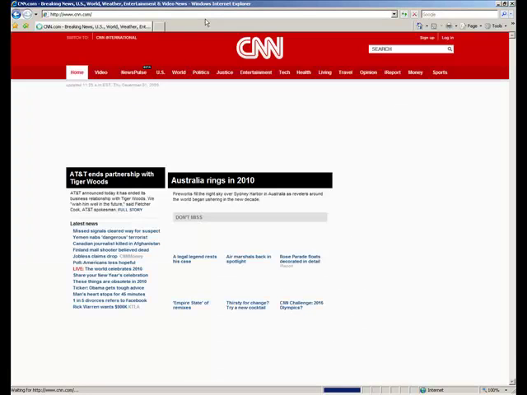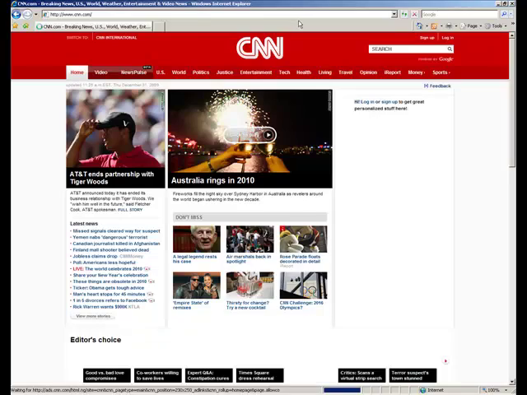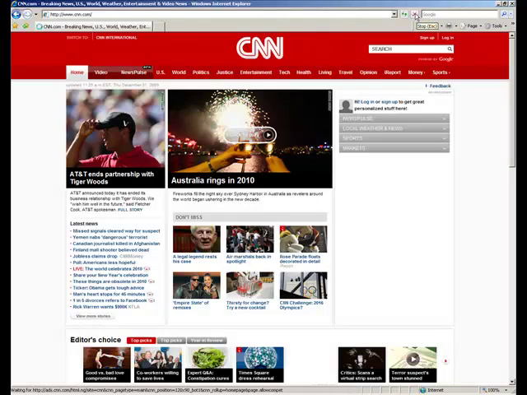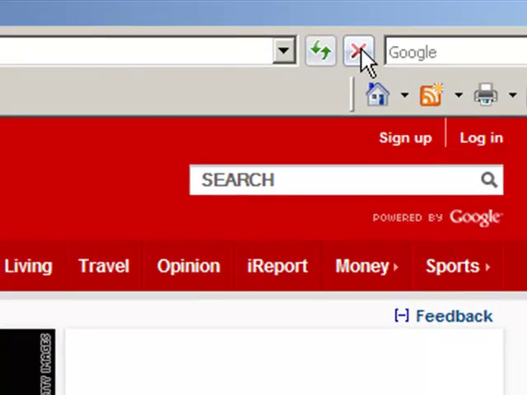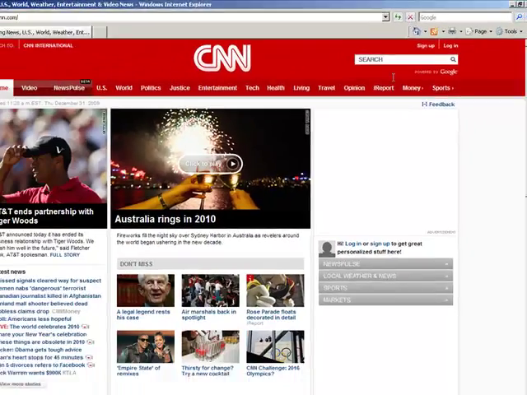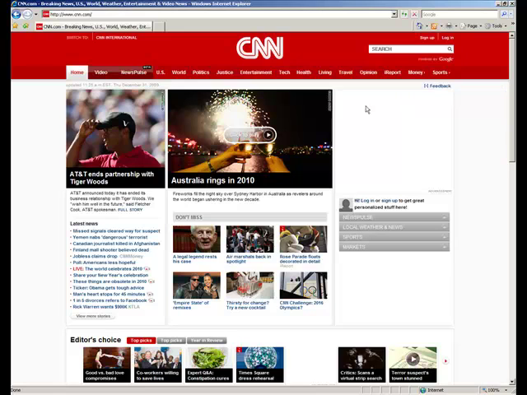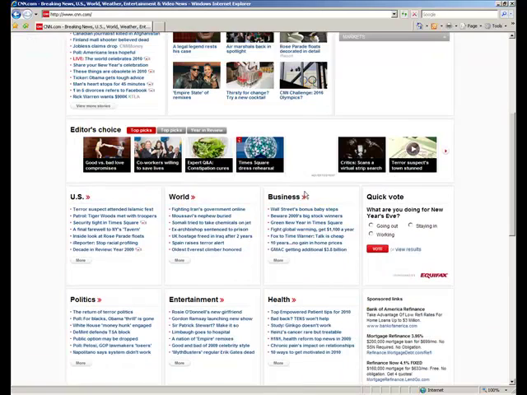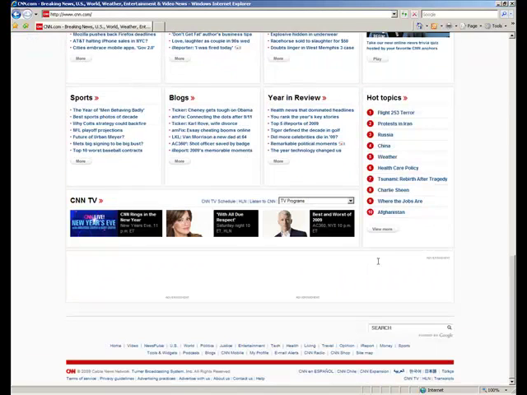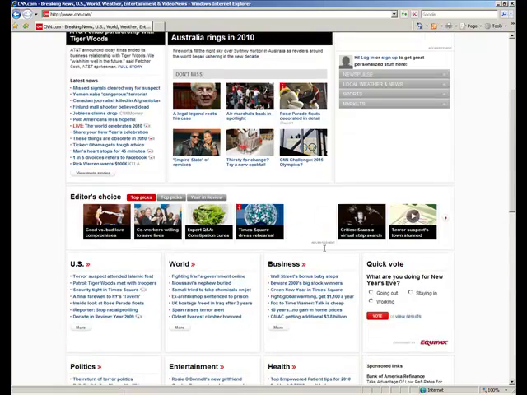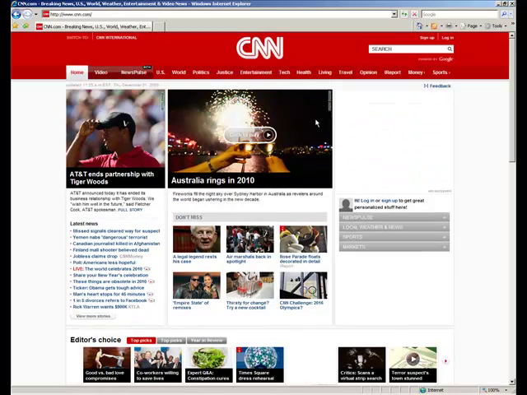and you'll notice it loading. One thing I'd like to show you here is the stop button. You notice that when I clicked this red X, the page stopped loading. It interrupted the page from loading. So you see a couple of blank spots here down through the advertisements and such. That's what happens when you actually click that red X to stop the page from loading or to interrupt it